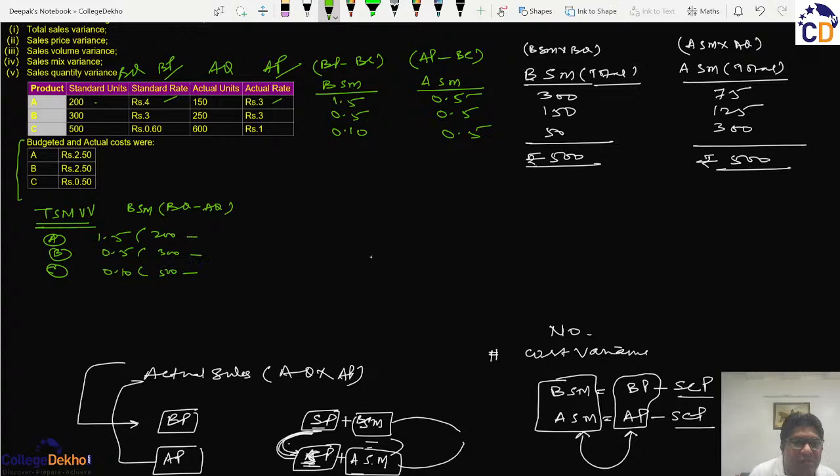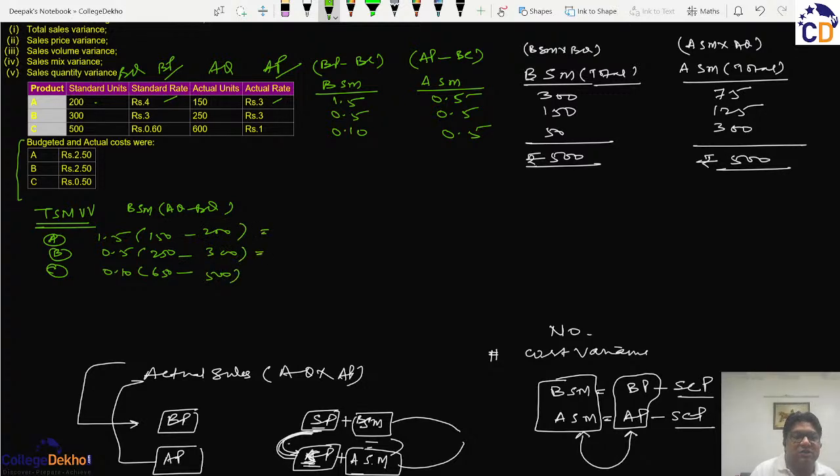कोई फर्क नहीं पड़ता कि हम पहले एक्चुअल क्वांटिटी लिखें या बजटेड क्वांटिटी, मैं फिर भी कोई कंफ्यूजन ना रहे तो इसको चेंज कर देता हूँ। क्योंकि वेरिएंसेस सारे डिफरेंस से निकलते हैं, तो मैं यहाँ इसको चेंज कर देता हूँ, AQ माइनस BQ। तो AQ में पहले 150 है, फिर 250 है, और फिर 650 है, और स्टैंडर्ड में 200 है, 300 है, और 500।